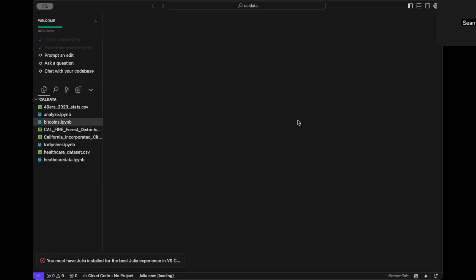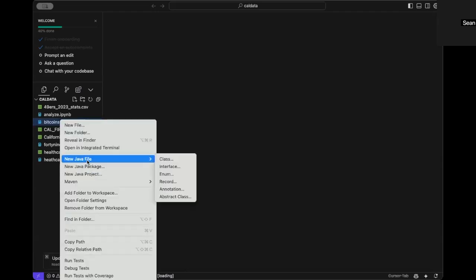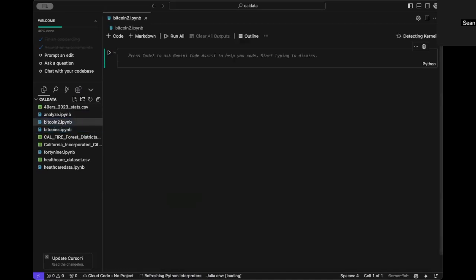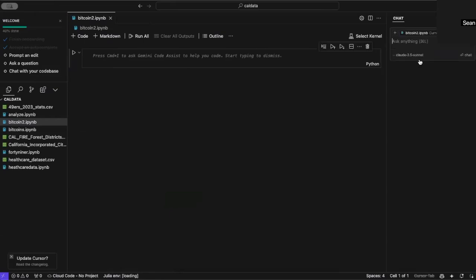So here's an example of using the Cursor IDE with Jupyter Python. What I'm going to do here is create a brand new Jupyter notebook, call it Bitcoin 2 IPIBNB. And then I'm going to use an AI widget here. And I'm going to say